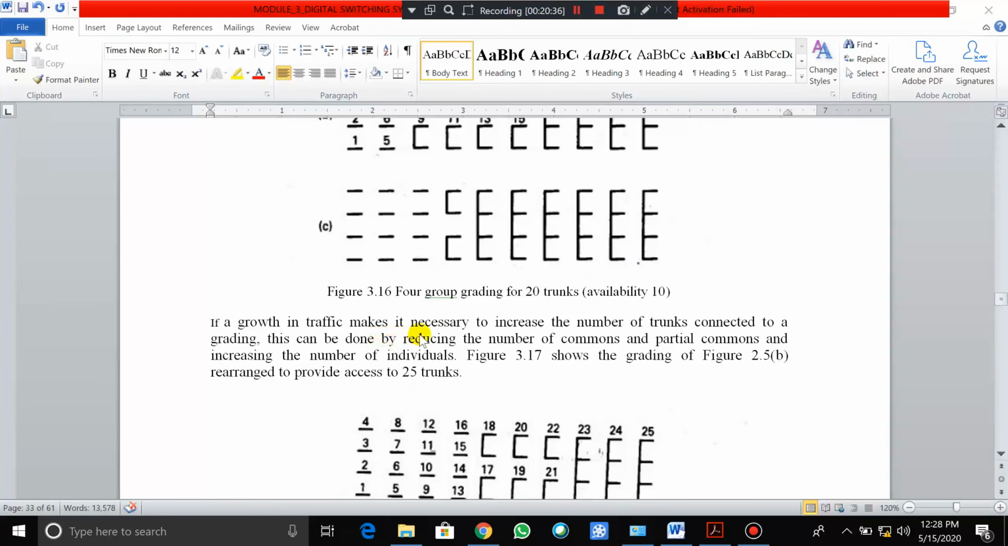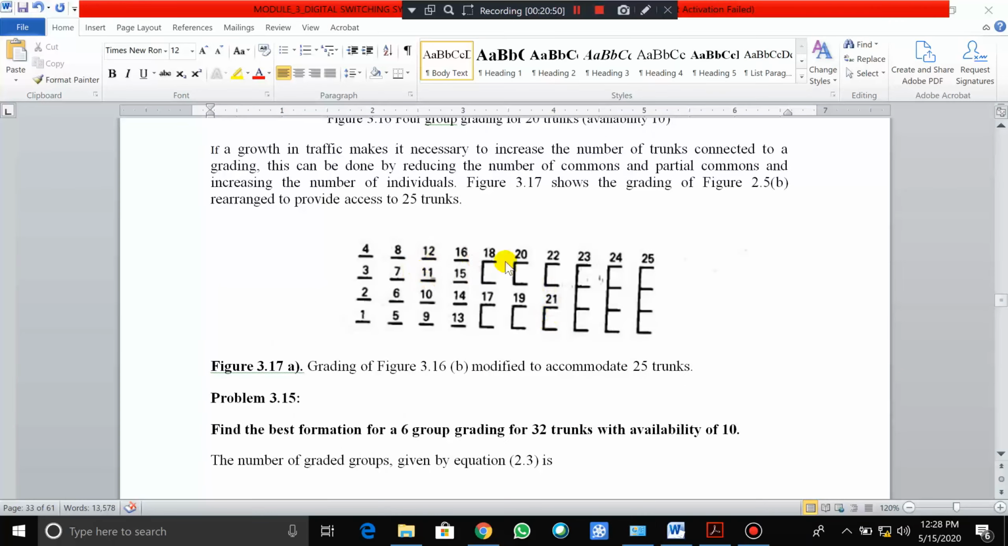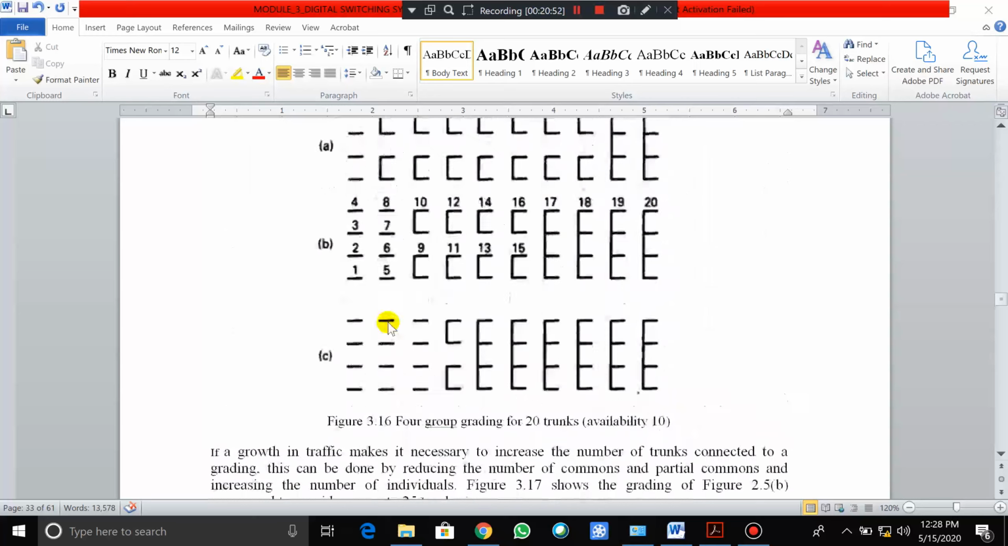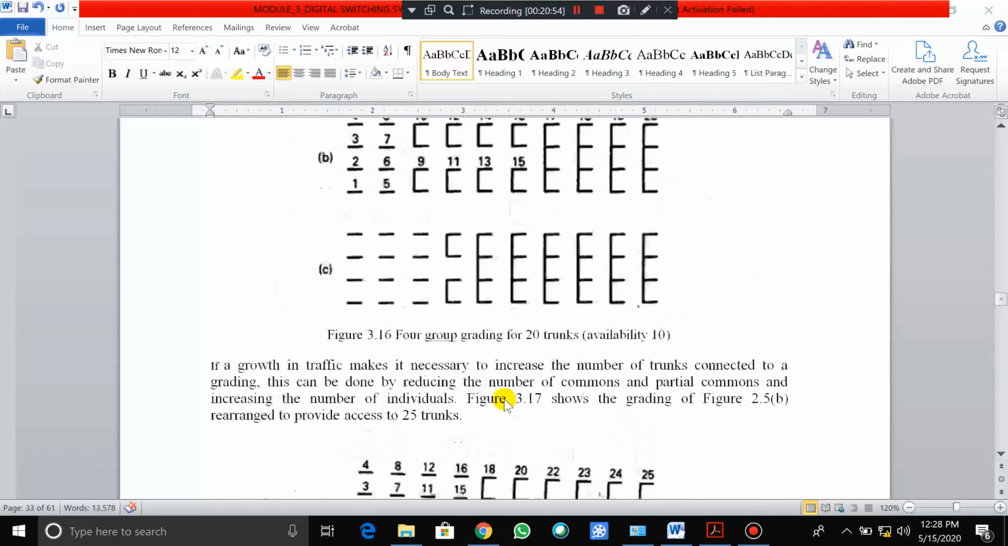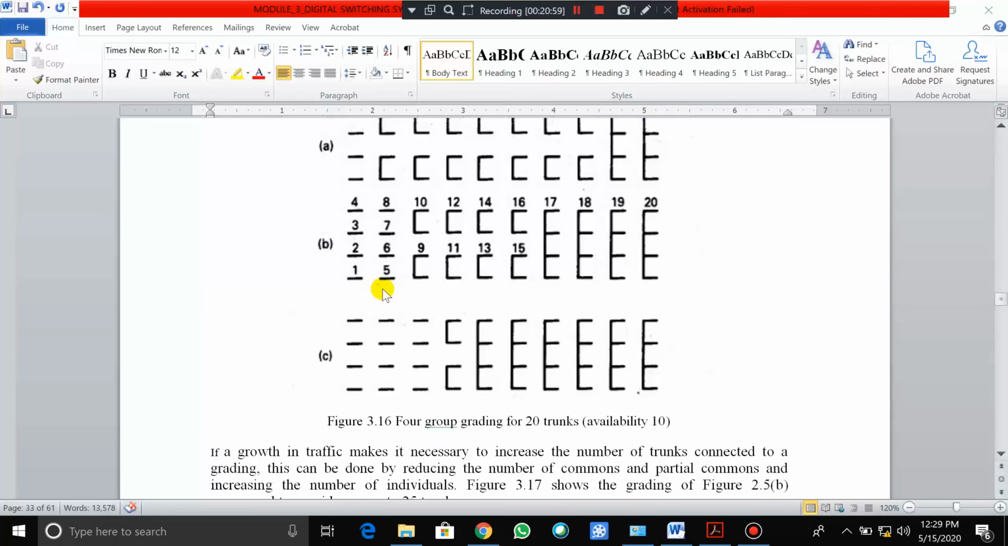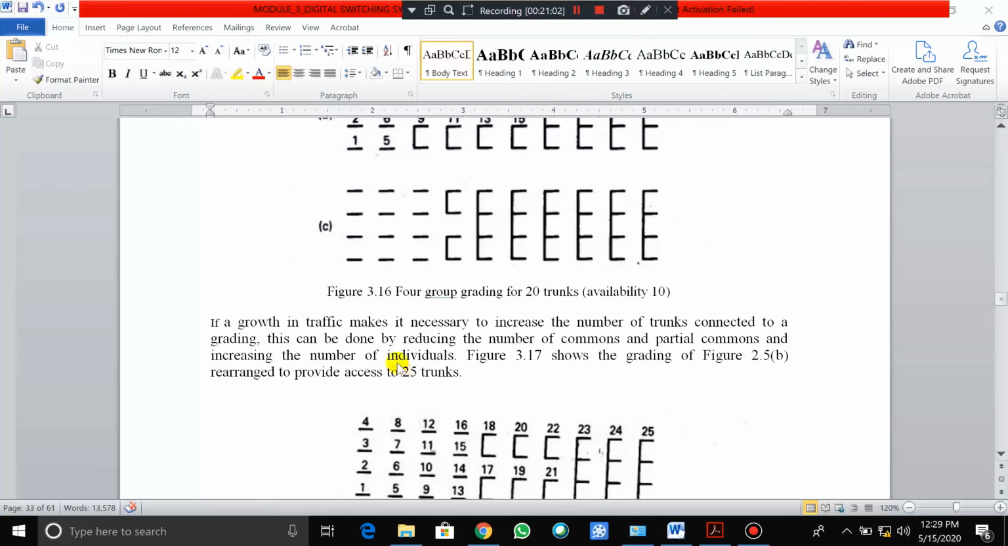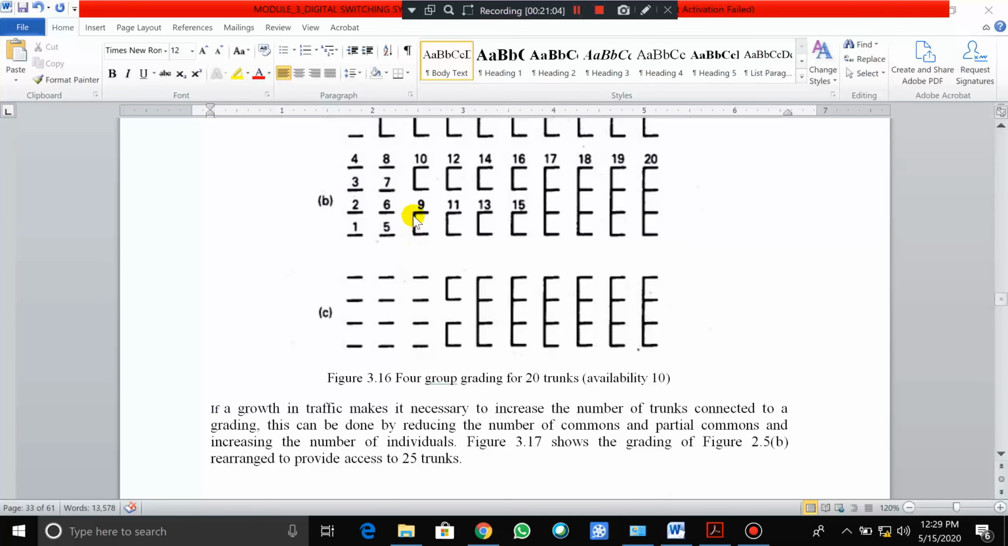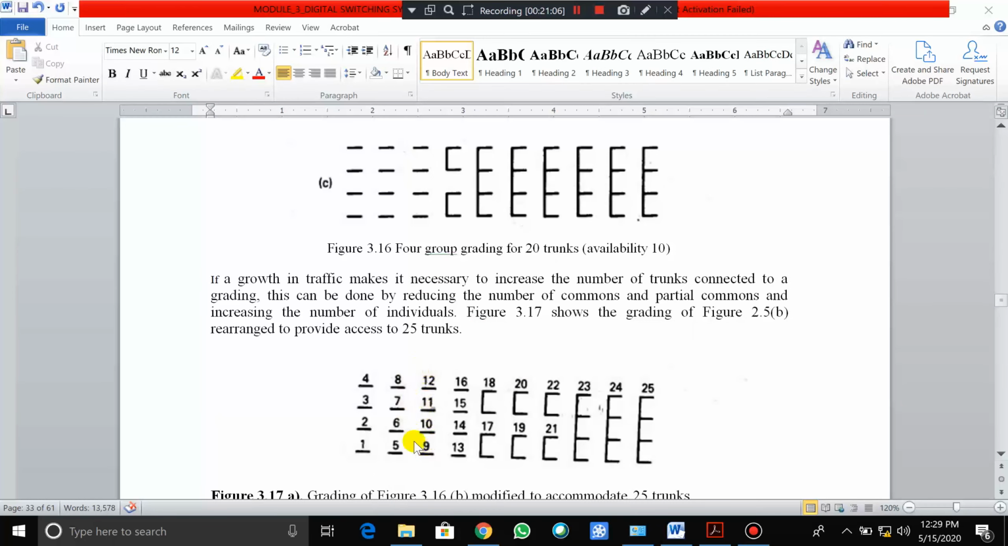If the growth of the traffic makes it necessary to increase the number of trunks connected to the grading, this can be done by reducing the number of commons and partial commons, and increasing the number of individuals, which is shown in the diagram below. So this is another diagram. Here small changes have been made, so you can notice. See here, for 9 and 10 they made it like this, but they are divided separately. This also they are divided separately, and later